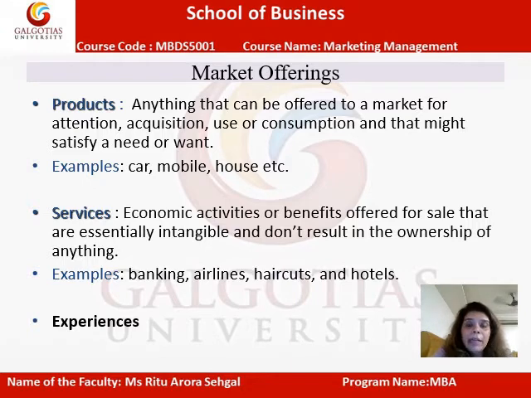Now I want a great vacation, and I want to stay in a very nice hotel, and I want to enjoy the complete experience. So I go and stay in a resort. I love the experience. I like it. I've availed those services, but then I don't own that service. You understand the difference? Both of them exist in the market. Both of them are being offered in the market. In the case of tangible products, yes, we can feel them, we can touch them, and we own them. Whereas in services, we have an experience. We go and experience it. We feel it, and we have a feel good factor. But we primarily do not own it.